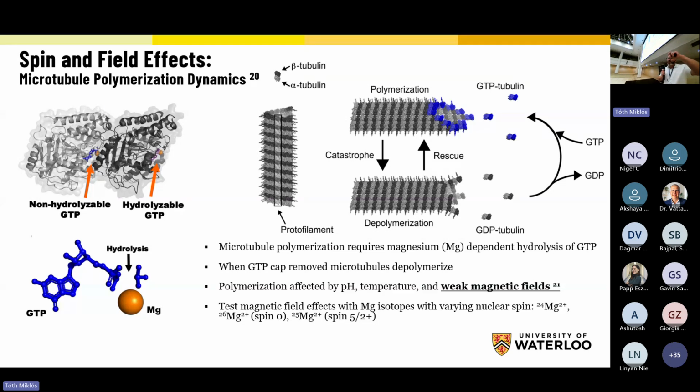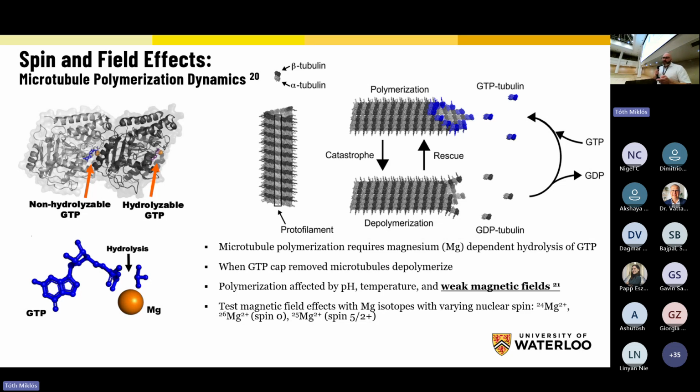Microtubules stick together end to end. They're made up of this protein tubulin that sticks together end to end and forms these nice long strands called protofilaments, which wrap around to form this hollow tube called a microtubule. And these microtubules hold up the processes of the brain. They hold up the dendrites and they hold up the axons. And in neurodegenerative diseases like Parkinson's and Alzheimer's, they fall apart.